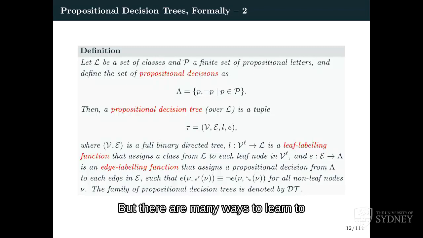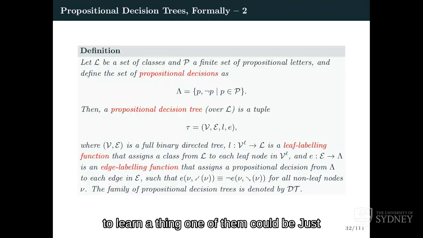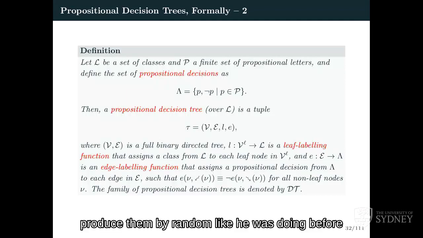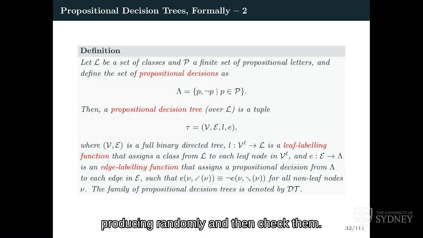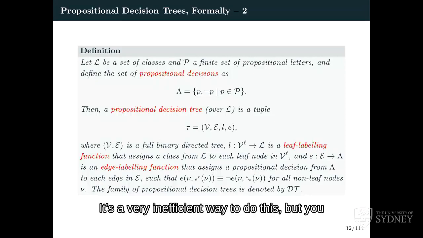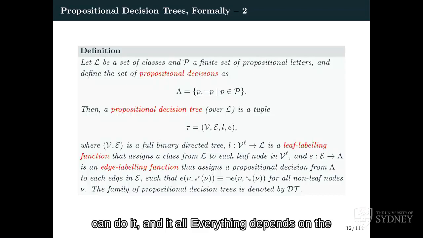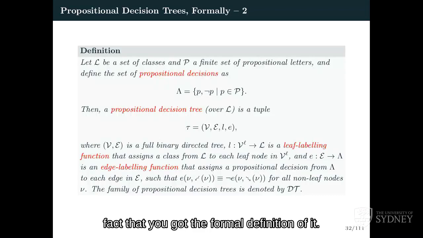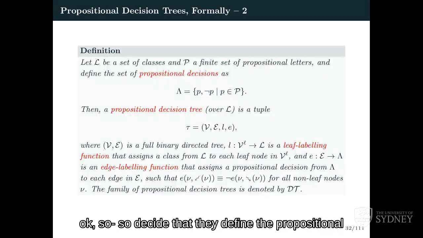But there are many ways to learn a thing. One of them could be just produce them by random, like he was doing before. Produce them randomly and then check them. It's a very inefficient way to do this, but you can do it, and everything depends on the fact that you got a formal definition of it. Okay, so